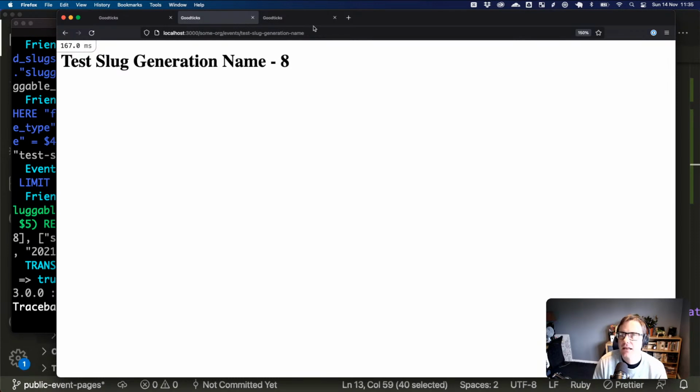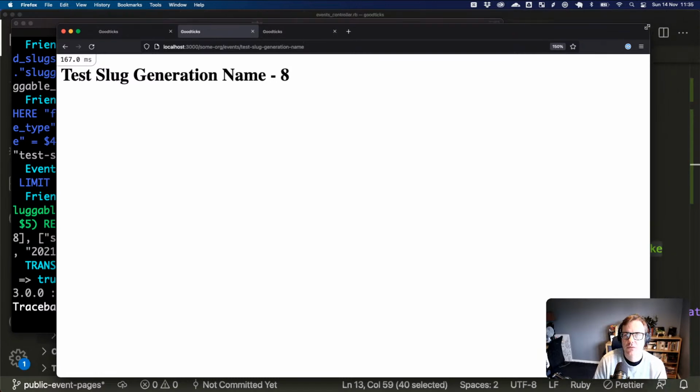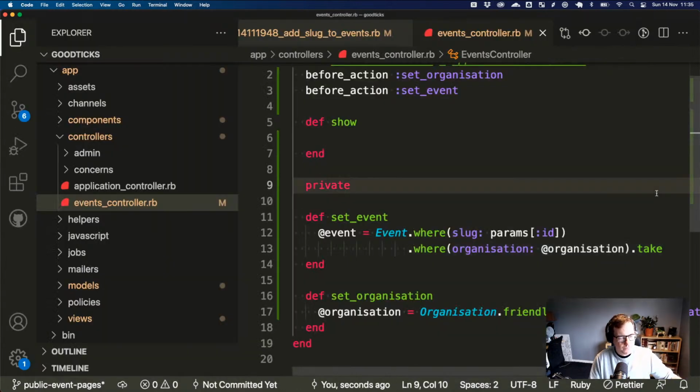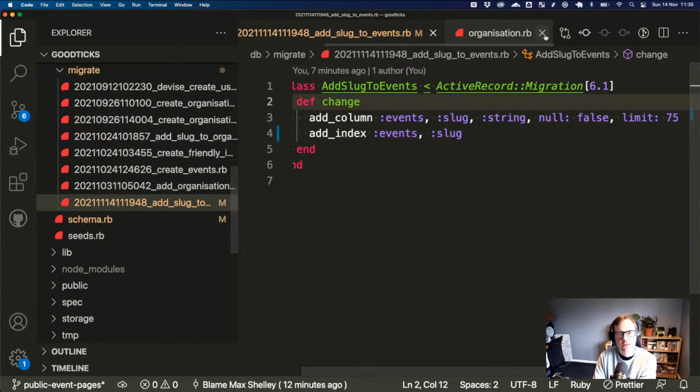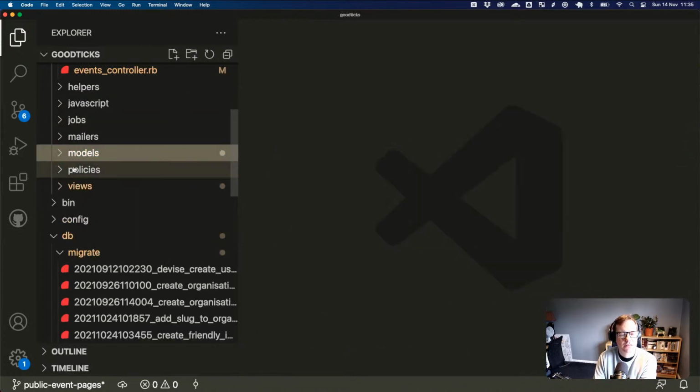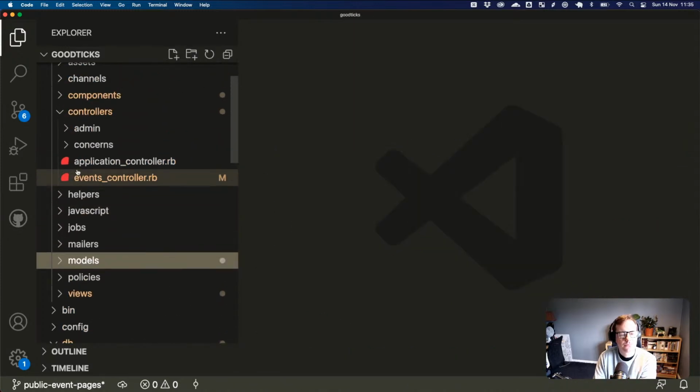So we're happy that the functionality works, and we're going to want to test it. We're going to want a model test to check that the friendly ID stuff works. We're going to want a request spec to check that we get the correct event for the correct organization.